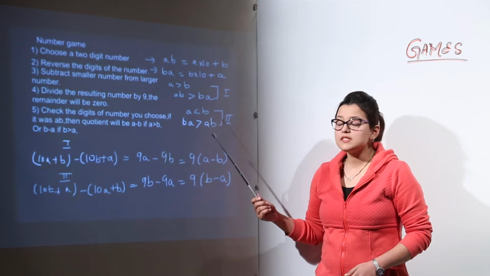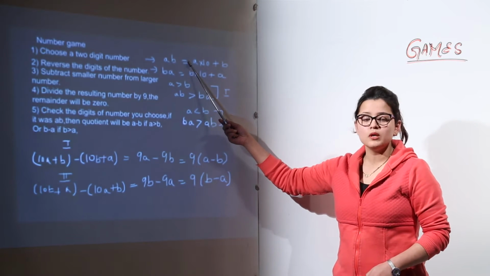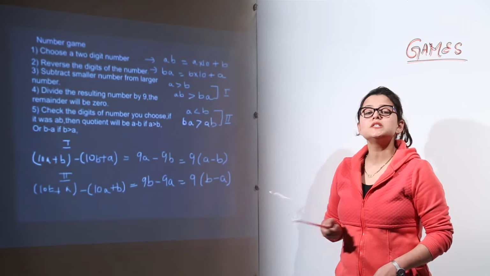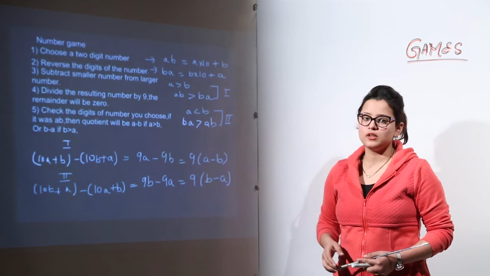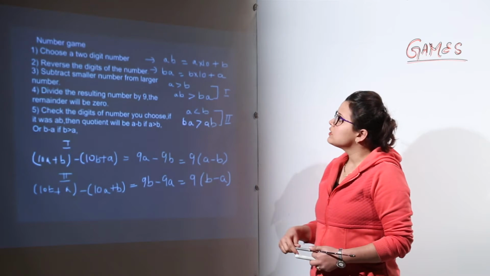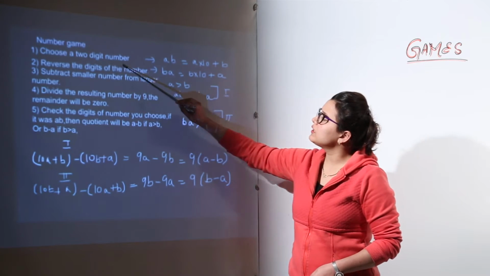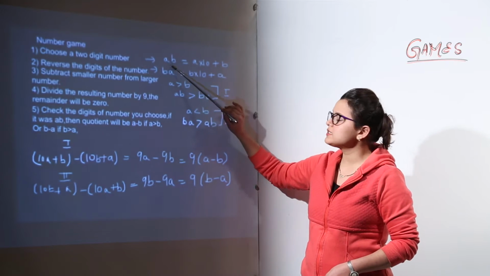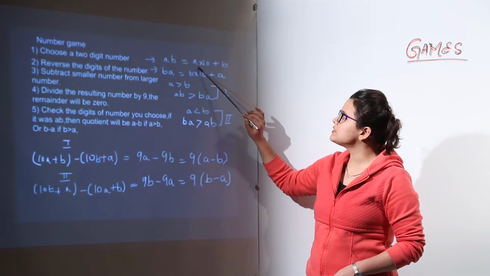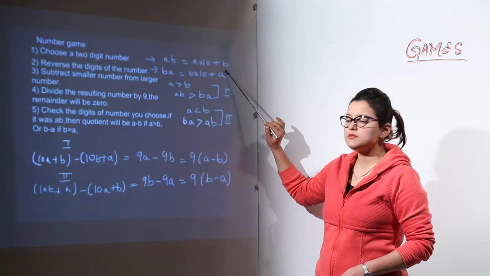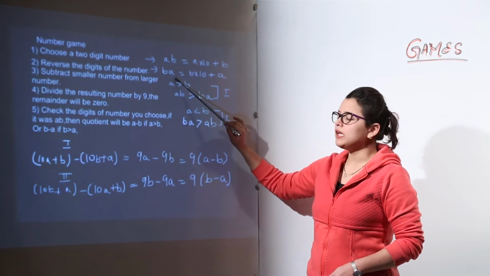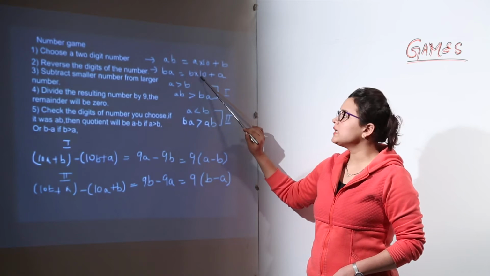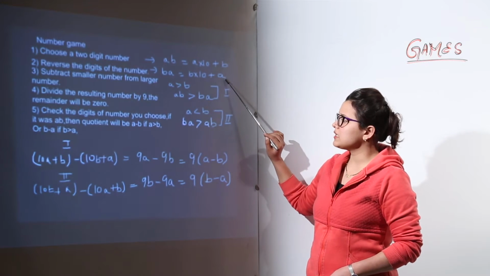Now for the same case, I have taken up the general form, because the general form is the one that you must understand to apply it with any number of 2-digit numbers that you can take. So over here we have taken a 2-digit number, that is AB. Now AB can be represented as A into 10 plus B. Reversing the digits, you would get BA. BA can be represented as B into 10 plus A.